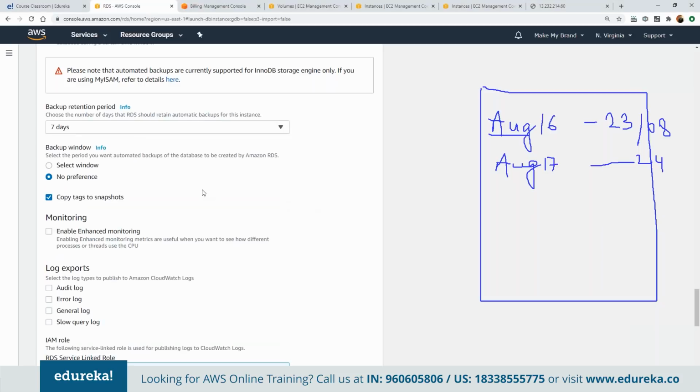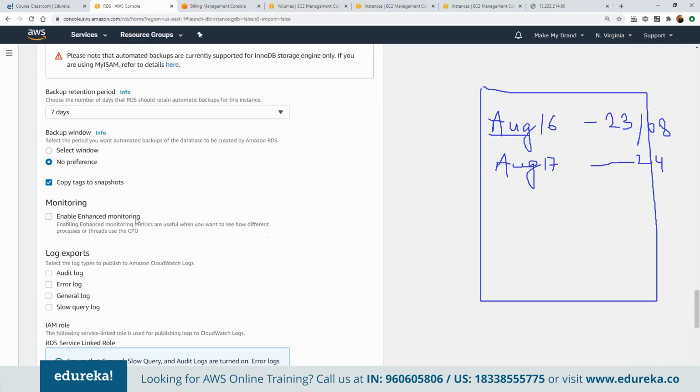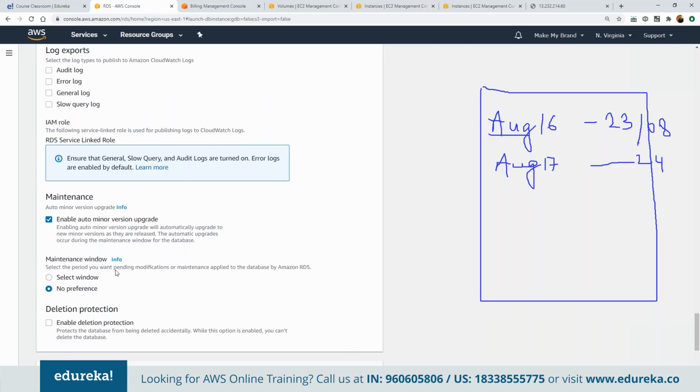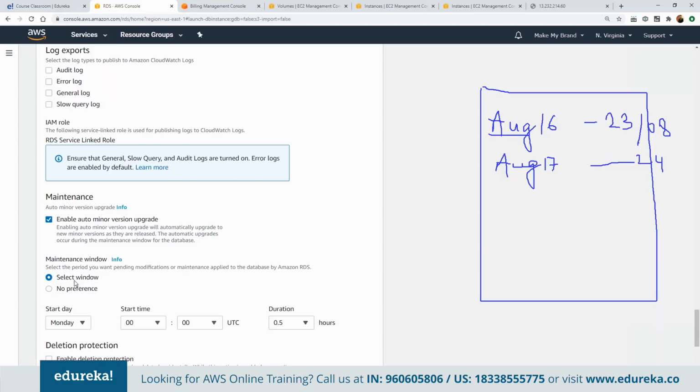And then we can use CloudWatch for monitoring the entire resource as per the requirement. And then we can export all the logs, like the audit log, error log, general log, and slow query log, depending upon the database engine that we have chosen. And if we want all the minor upgrades to be updated automatically, then we can choose it. Or if we want the software updates and patching of the servers to happen in a defined window,